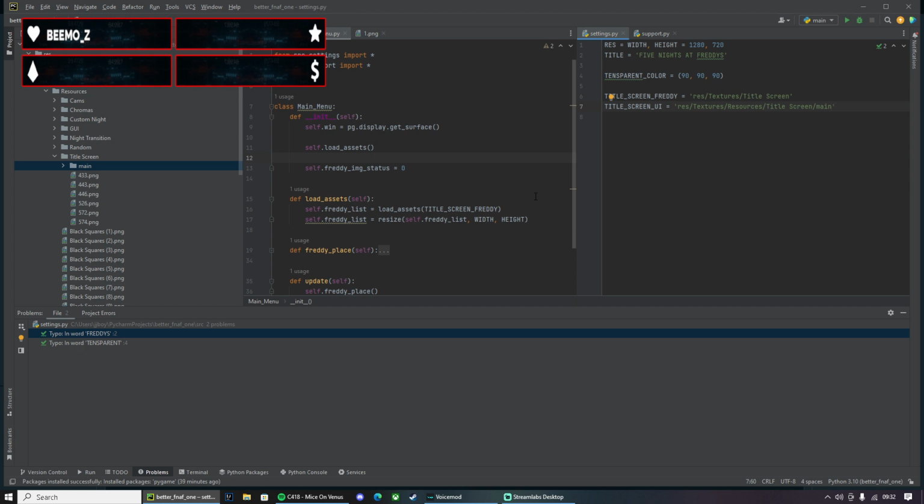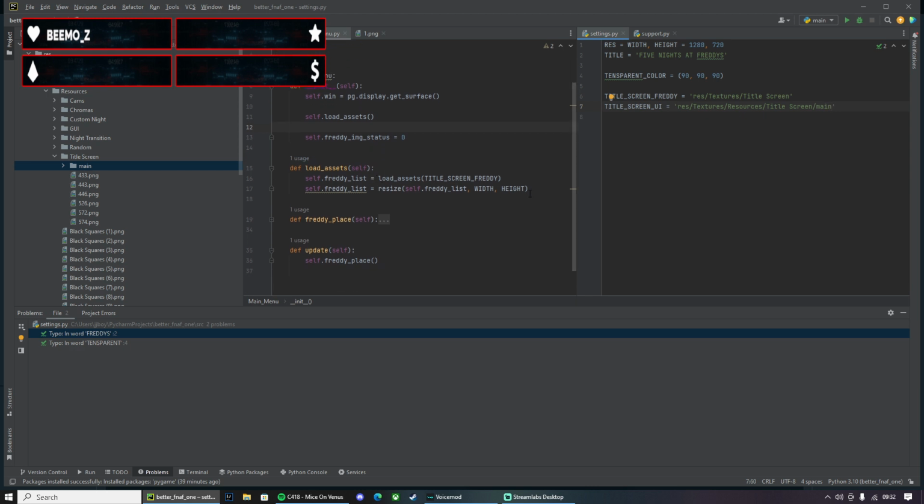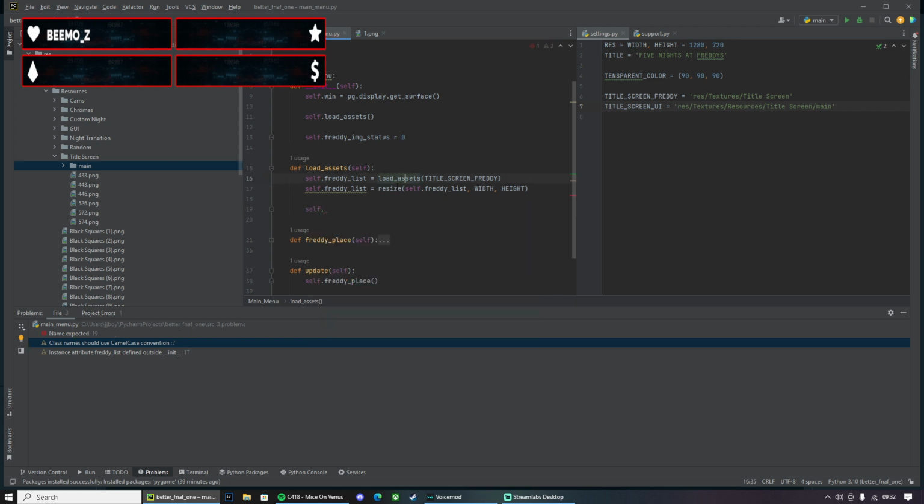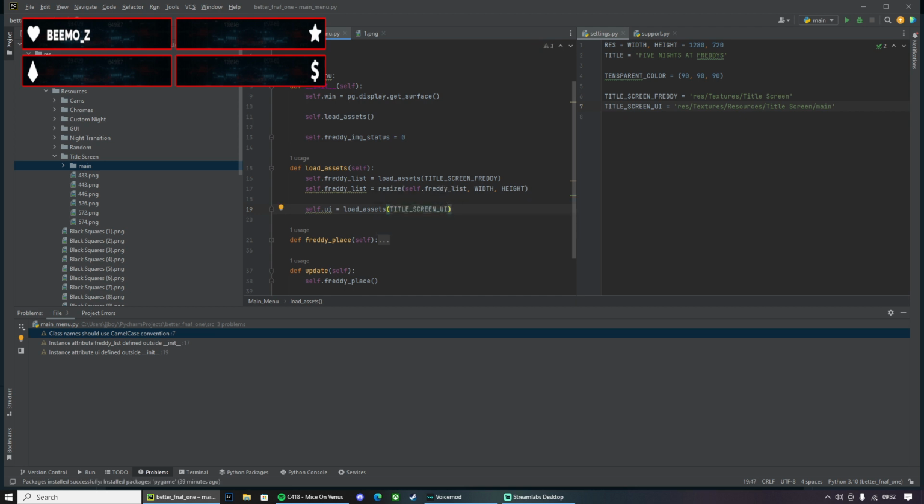Okay, so now we'll do the same stuff as this. So we'll loop through it. Self dot, and we don't need to program anything more for the custom functions because we already know what they do. Self.ui equals load assets. What's it called? UI. Yeah, and that's fine. I don't think it needs resizing.